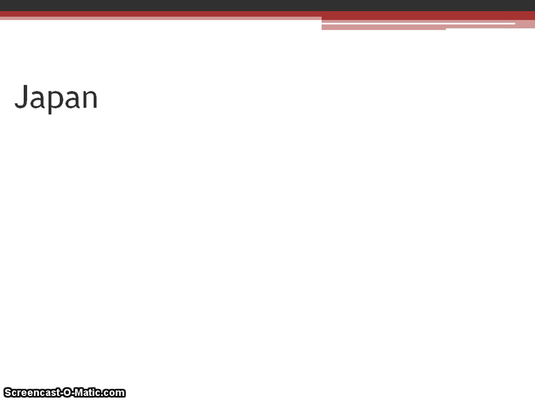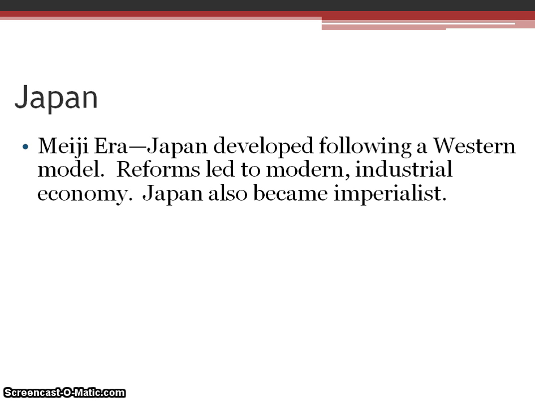The next thing that we're going to look at is Japan. And where we left Japan in our last unit is that Japan had previously been very isolationist. The US brought them out of isolation, and under the Meiji, the Japanese became more modernized, they became industrialized, they modeled their institutions after the West, so education, government, things like that. And then they also became imperialist, meaning they started going out to conquer other territories so that they could get other resources.